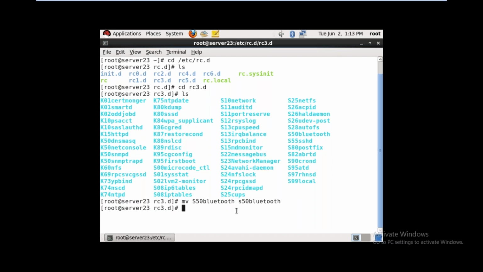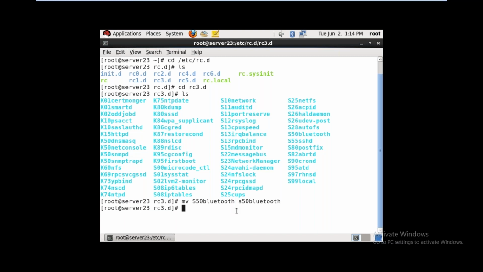Like that, whenever you want to stop any script permanently, you have to rename it from capital S to small s. From an interview point of view, remember, they will ask how to stop a service permanently. You just have to tell them: rename the service from capital S to small s. When you require that service again, you can rename it from small s back to capital S.